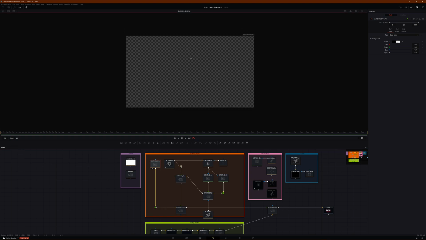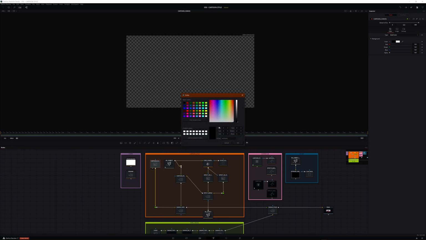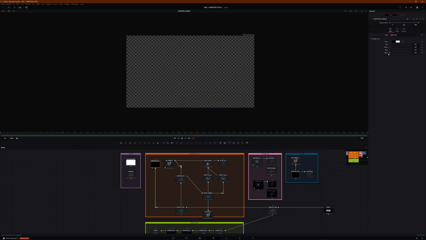Now in this case, I knew that I wasn't really going to animate it, but I knew I didn't want it to be full size. So I created a background. And again, this is just a standard background tool. If you click on the open space and hit X, you'll get the background itself. That's a shortcut. And all I did with that was I changed it to black, and then I lowered the